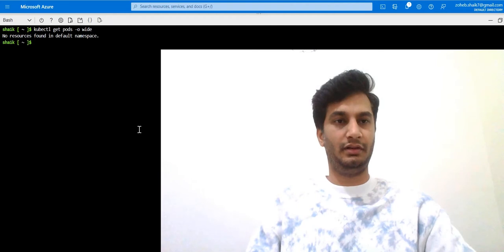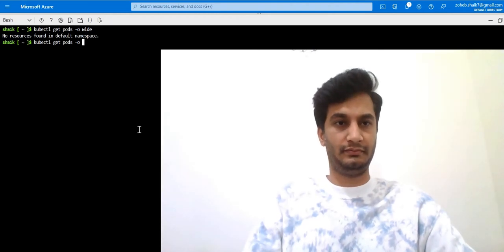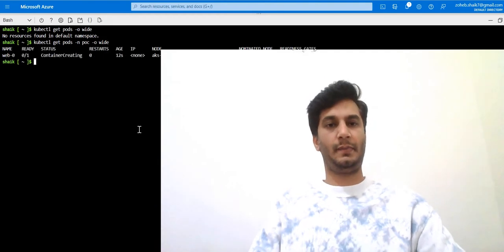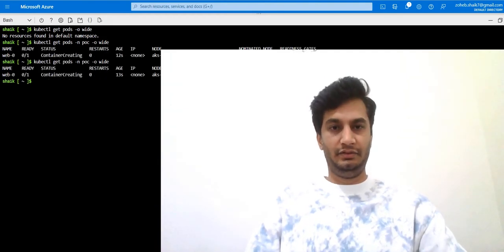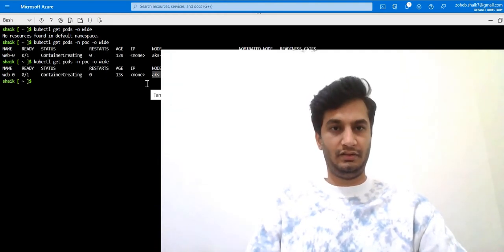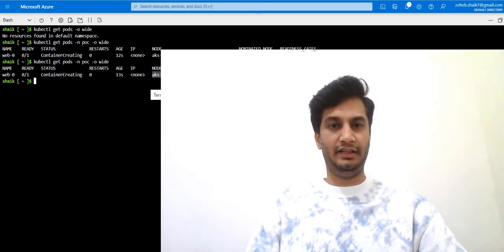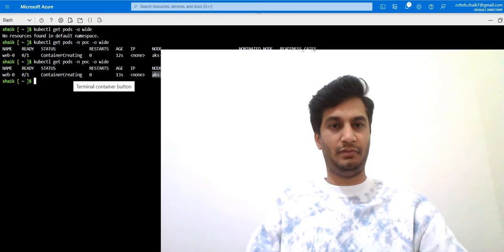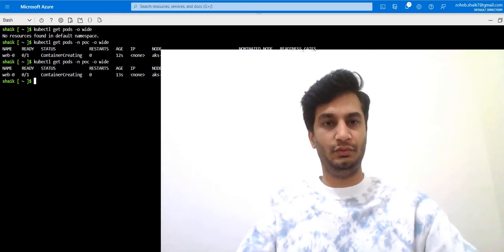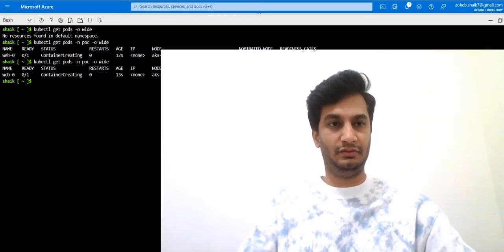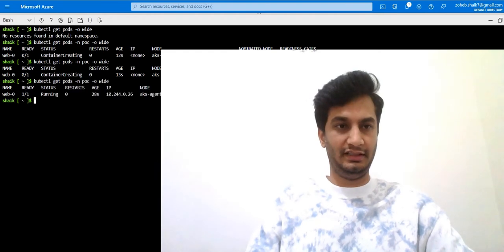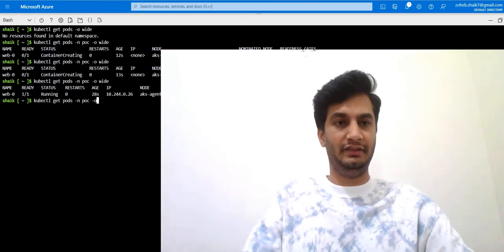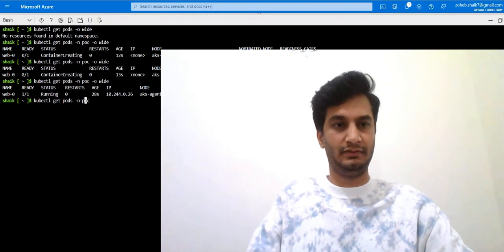Let's wait for that part to come up. POC wide. Yeah, and if you see, the workload is getting deployed into this node. The scheduler has placed this pod into this node pool. Why? Because that is the only available node as well as node pool. Once it is up and running, I'll check whether the PVCs got attached or not.